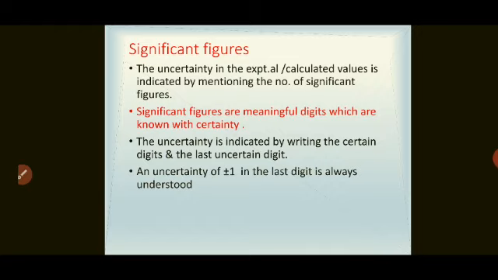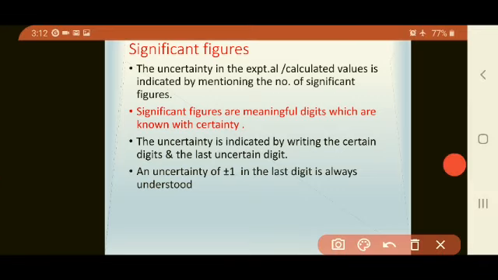Okay, what is uncertainty? Uncertainty means which is not certain, which is not sure. For example, if you weigh your weight on two different weighing machines, all of you know it. Have you seen the weighing machine of doctor? Yes, it gives the weight of 50, 55, 60 like this, right? Means it is the multiple of 5. But if you go to digital weighing machine, it will give you with the decimal point.